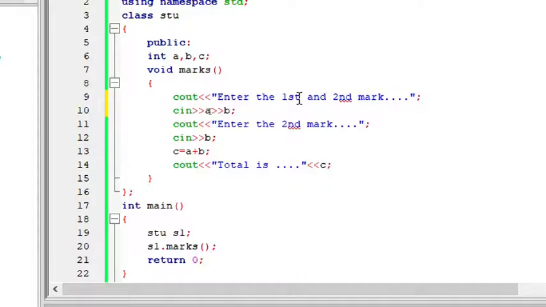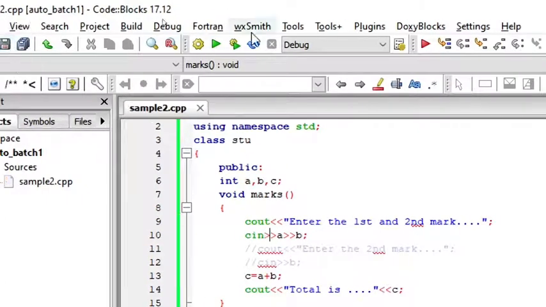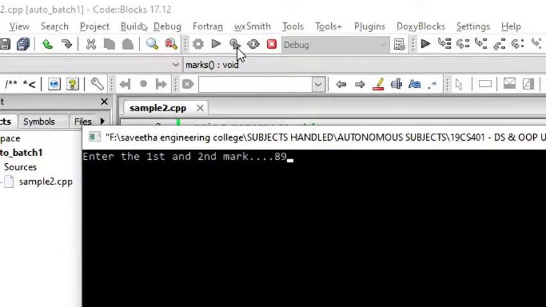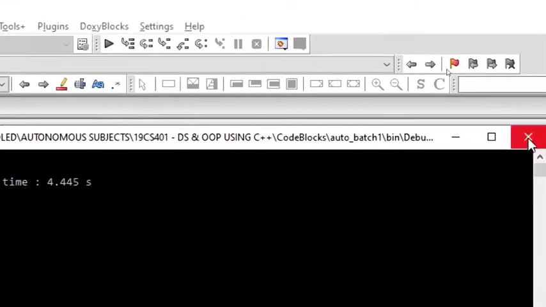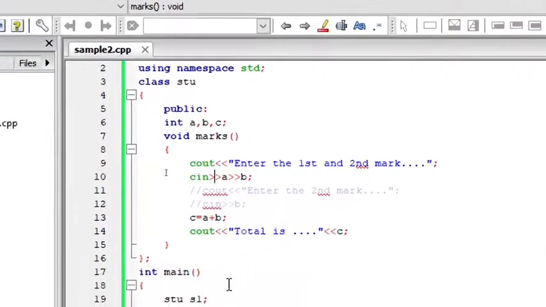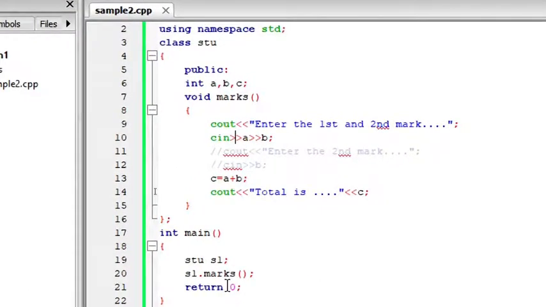For hiding any particular line, you have to use 2 forward slashes. Again, I can hide this. Now you can see I am getting the input a and b in one single statement. Again, let me save and run this. Okay, so I gave 89 space 78 and 67. So try to reduce the number of lines that we use in the programming. We know C and C++ take more number of lines to execute a very simple concept.